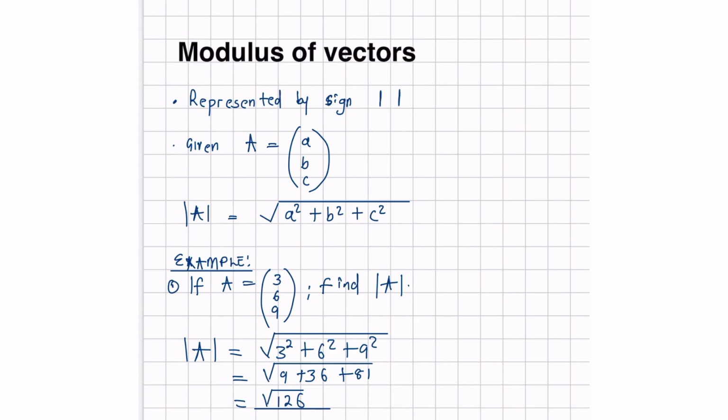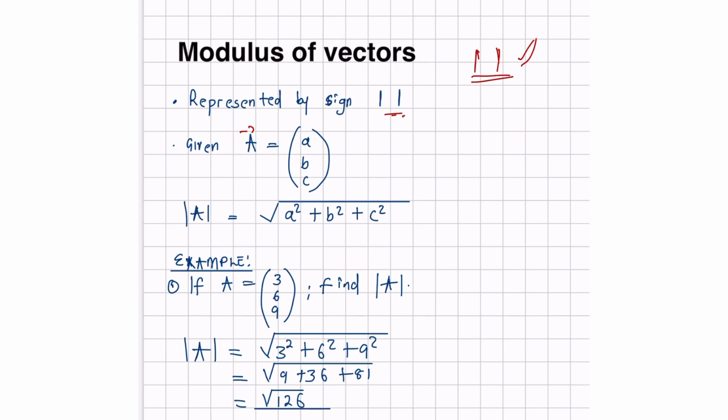So modulus basically is represented by this sign, these two vertical lines. This sign here is what means a modulus. So if you've got a vector A, which is (a, b, c), how do you find the modulus of a vector? The modulus of a vector A is going to be found by using the square root of,